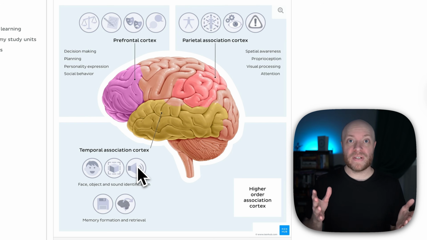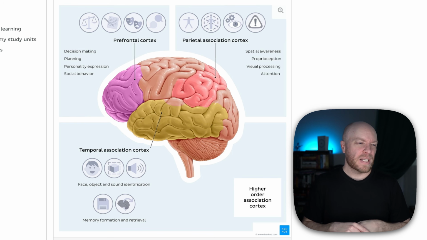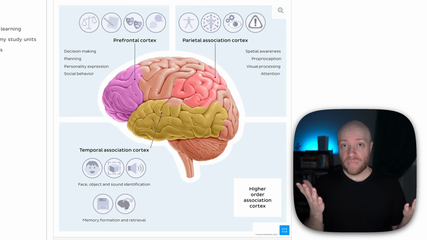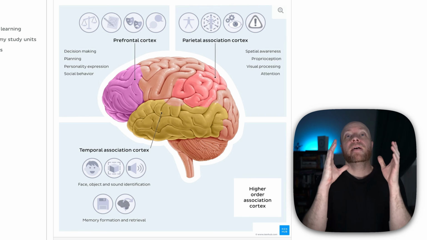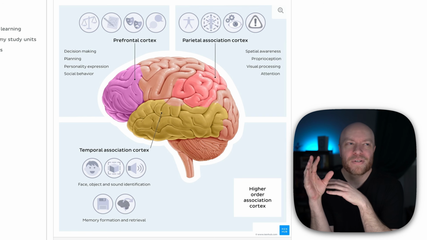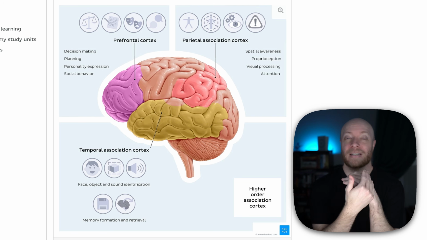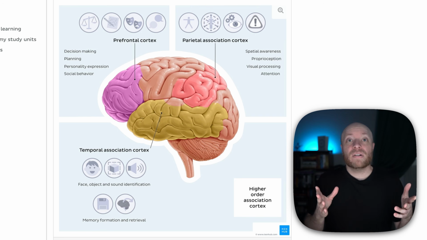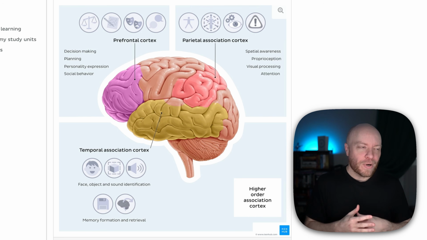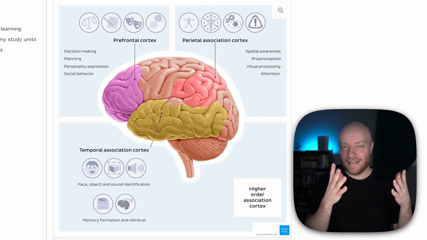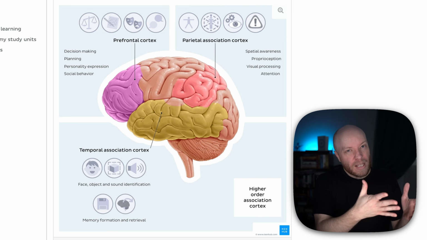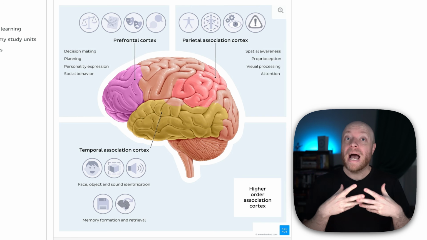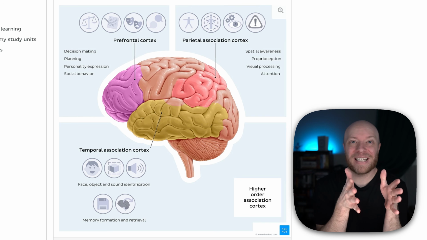So, there's injuries and also forms of dementia and other kinds of neurodegenerative injuries or diseases that, if they impact this area, you may not be able to identify or remember a face. You could see someone that you've known your entire life, and you know who that person is. It's just that when you look at them, they're not the same. You might even not be able to properly pick out an